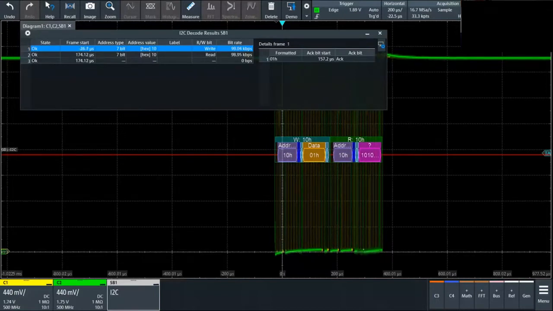This is a write and a read. It's writing and reading from address 10 hex, and you can see the read value. It's just the bright purple on the far right. It's kind of changing values all the time. In the table, which is kind of cool, you can actually see each packet decoded with its hex value and its